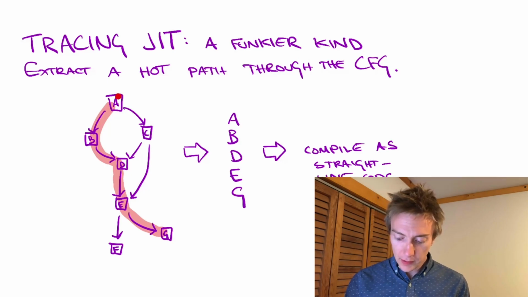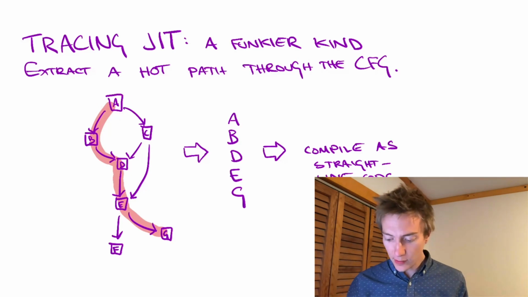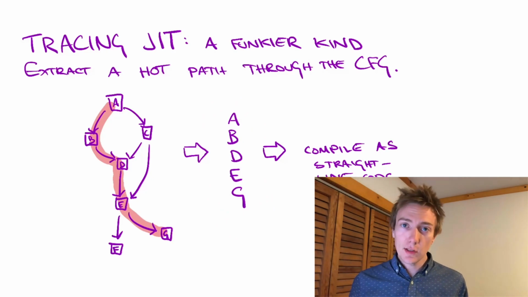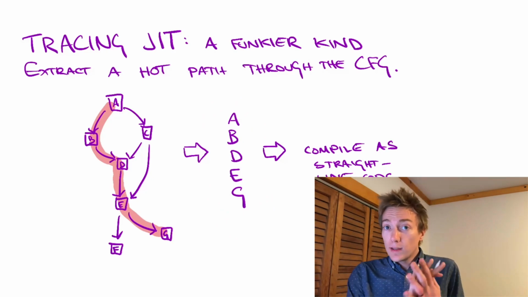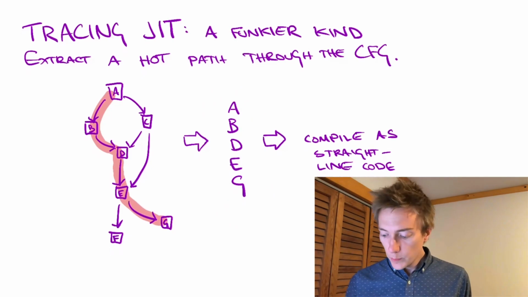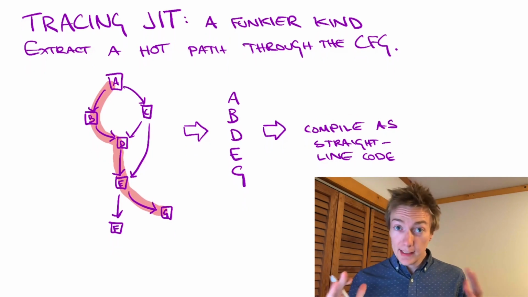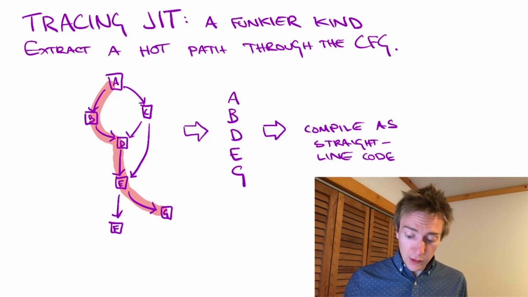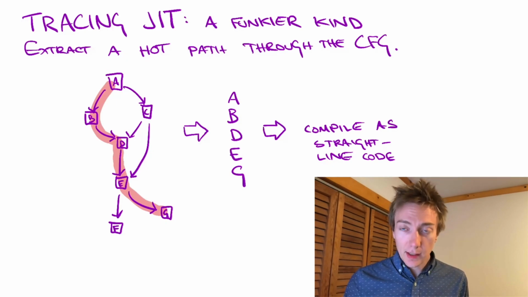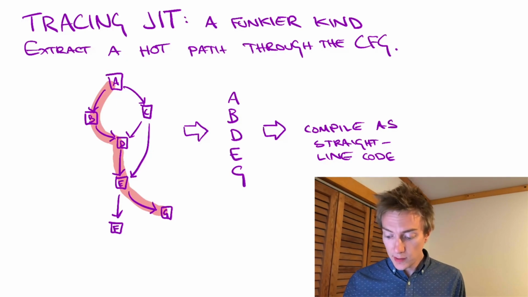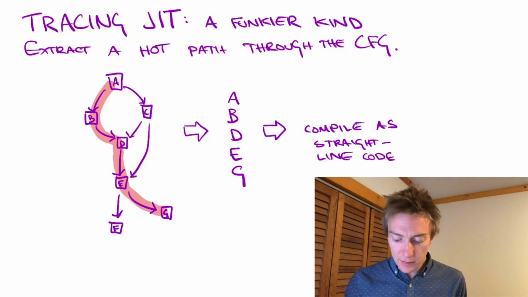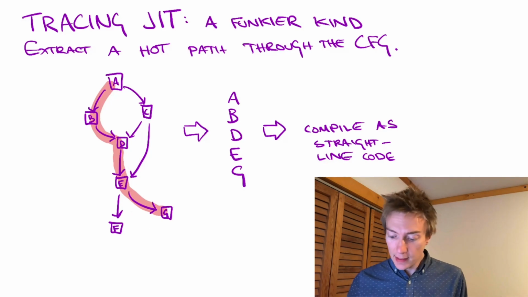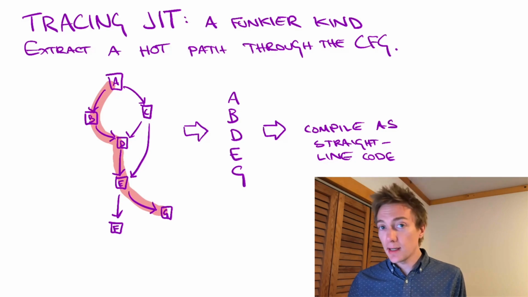So we'll string together the code from A and then B and then D and then E and then G, and create this straight line program that just consists of the instructions that actually executed, with no branching whatsoever. Then we compile that code as ordinary straight line code with no branches. Which means that in the future, when we start this function, we start at A, under certain assumptions, we can just execute this blazing fast branch-free path that captures the behavior that we saw the last time this function